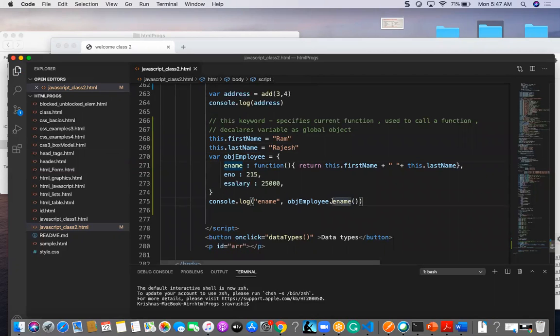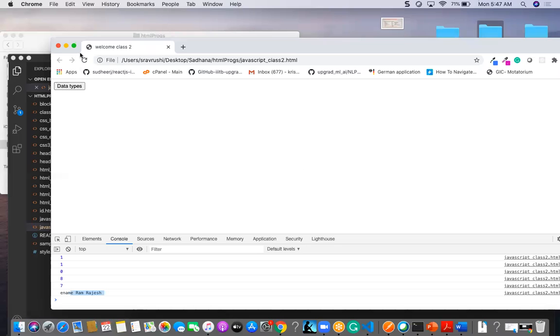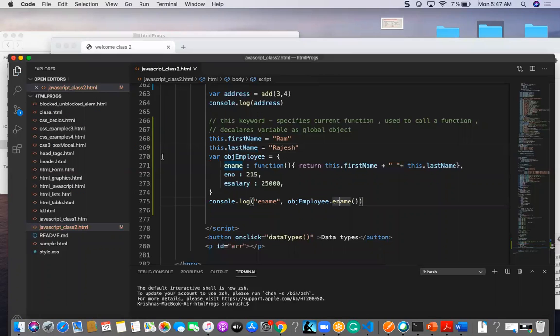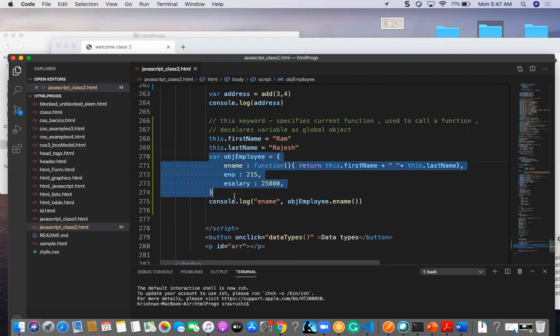So now if I am finding this defined, undefined and undefined, because the scope of this is like it should be available inside the particular object only, then only this keyword will be executed.